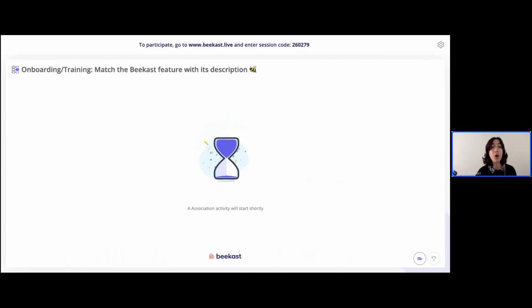Next, we have onboarding or training. You'll see that these blend together because the idea here is when you're onboarding a new employee, you want them to familiarize themselves with your company, your product, your competitors, the market. And in order to do this, you could imagine giving them a quick quiz at the end of their onboarding process in order to have them test their new knowledge and make sure that they understood certain key parts of your company or your product. And so a way to do this, and let me show you right now,